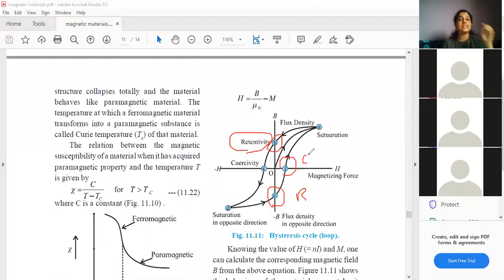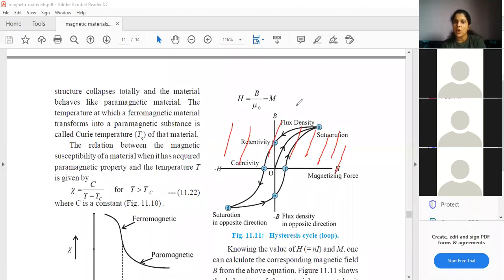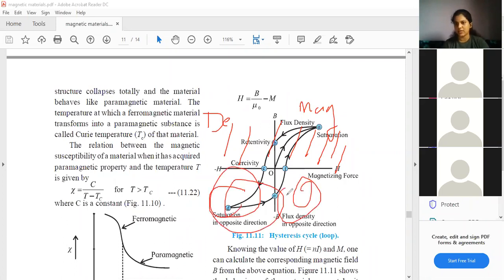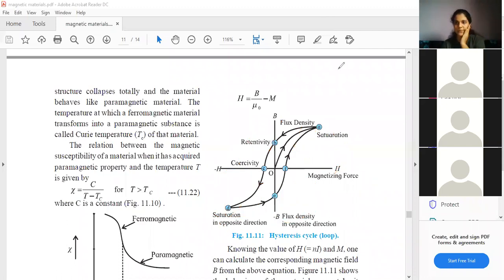Okay, students, please let me know if you all understood this. So basically, if I just concentrate on this much part, on the right hand side, magnetization is happening. On the left hand side, demagnetization is happening. Only on the upper half, not on the lower half, because on the lower half it is reverse. On the lower half, here magnetization is happening and here demagnetization is happening. Okay, this is just to understand what is happening. Students, please let me know if you all have understood the hysteresis curve.